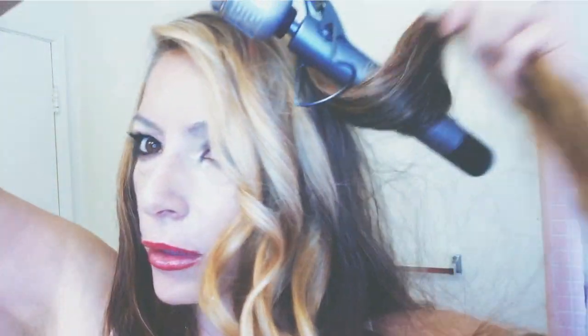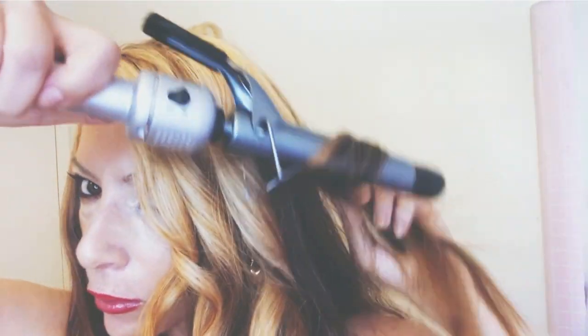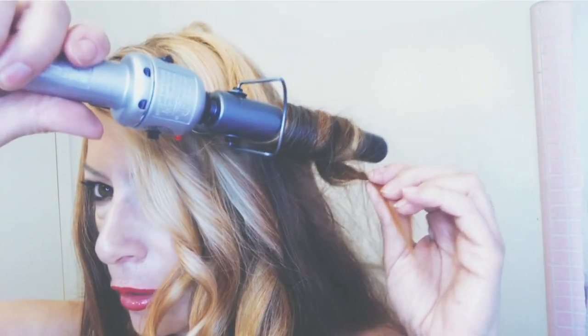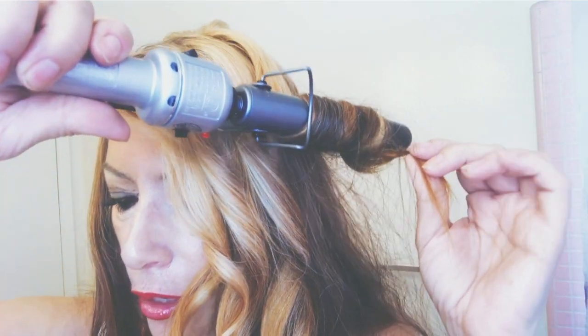But just spray it on the ends or you'll end up making the hair greasy. I love it. Just spray it on the ends because your hair's probably already greasy, or at least mine is, up the top, but just the ends are kind of dry. Good. It's always good to have a hot curling iron on hand in case you don't like the way something's looking. Okay, so I have my parting, which is going to be right here to the top of the ear,